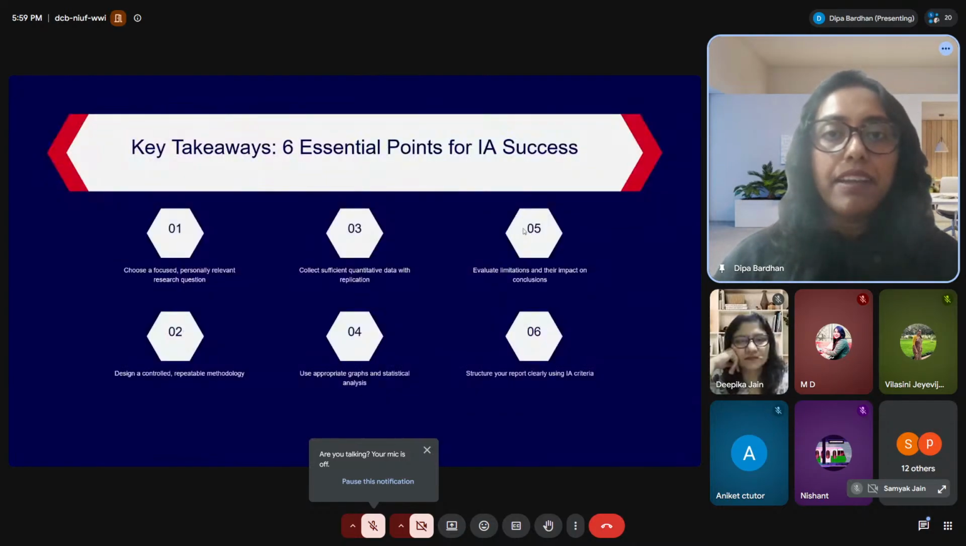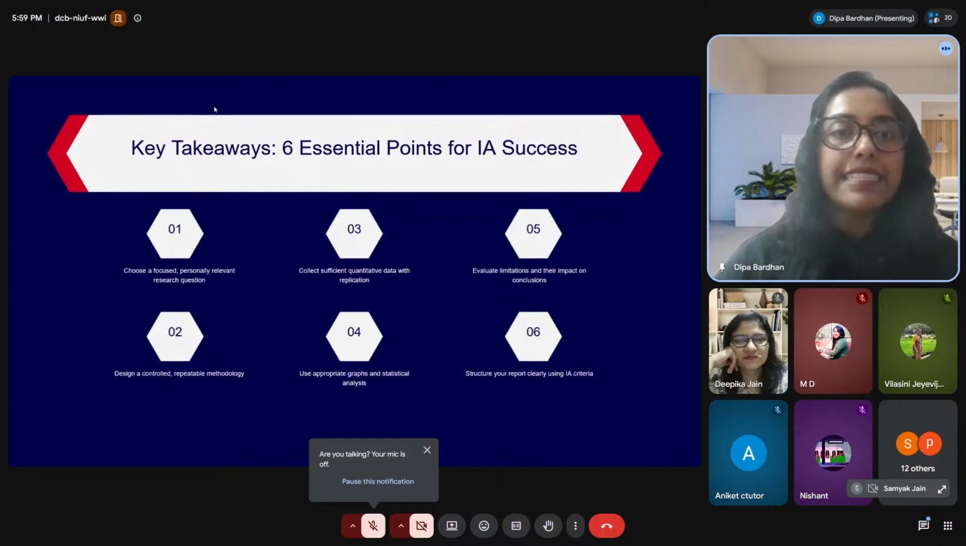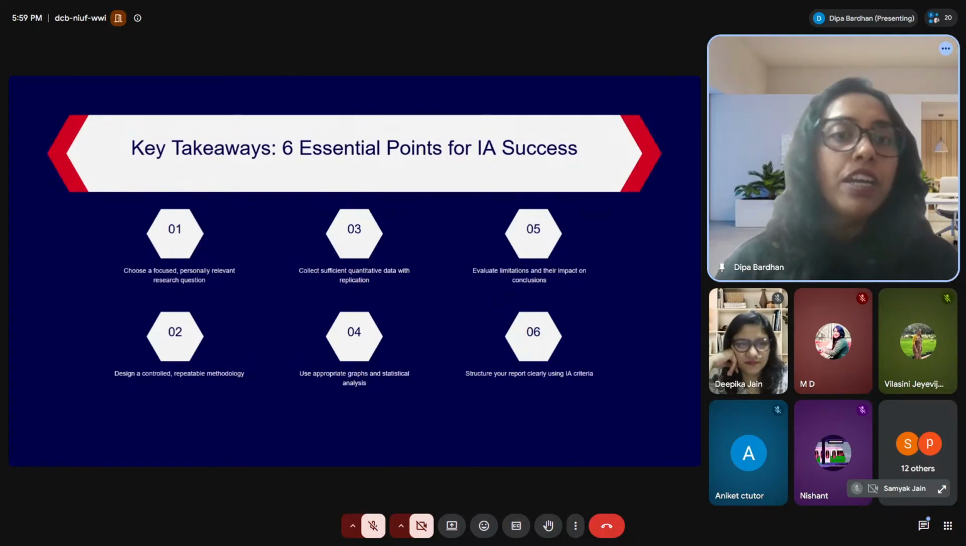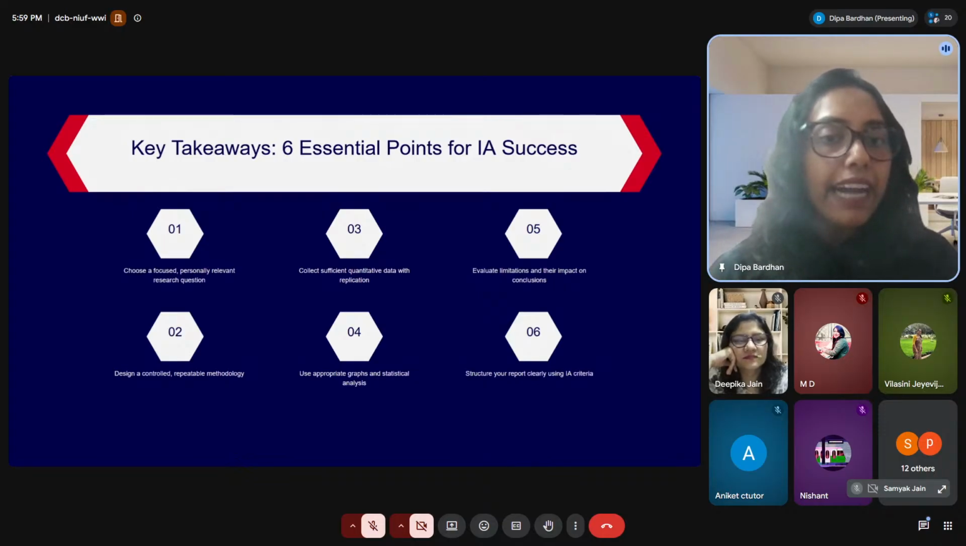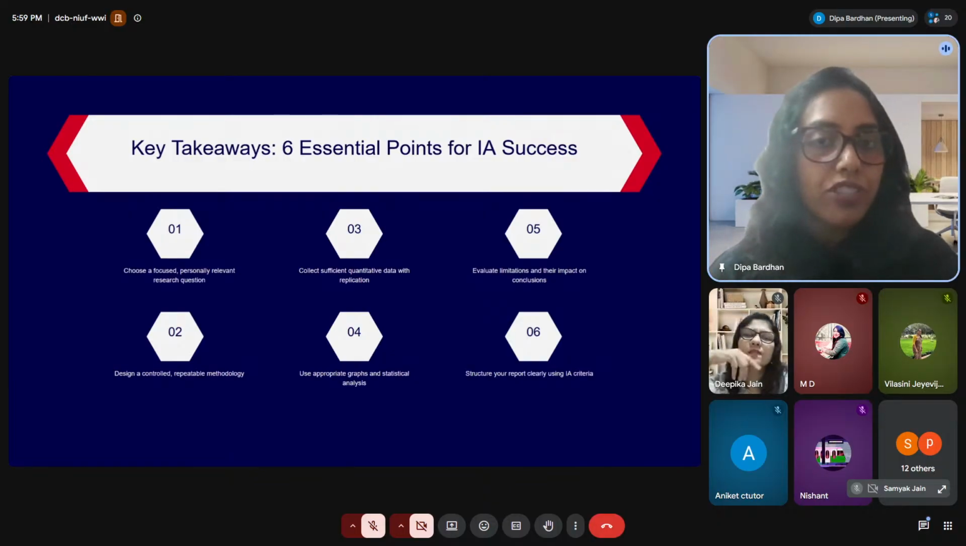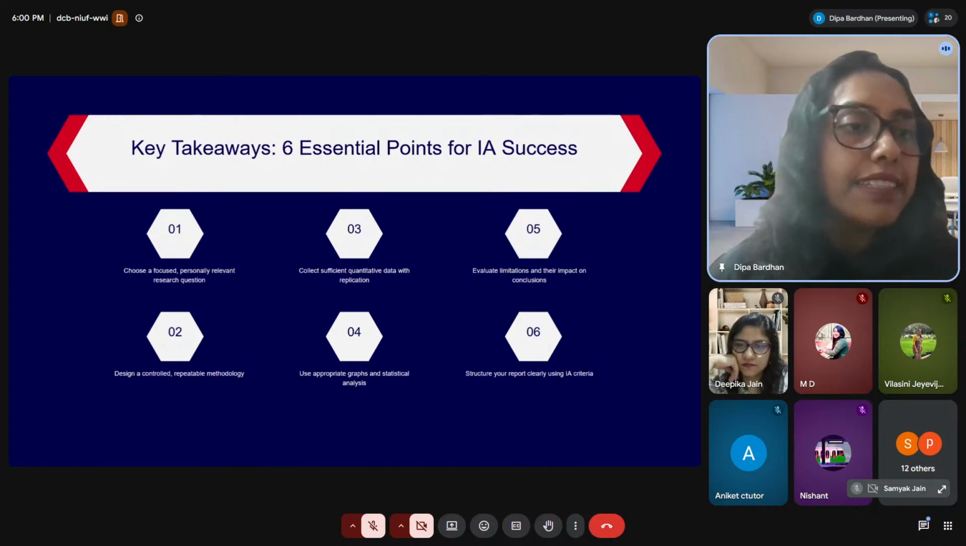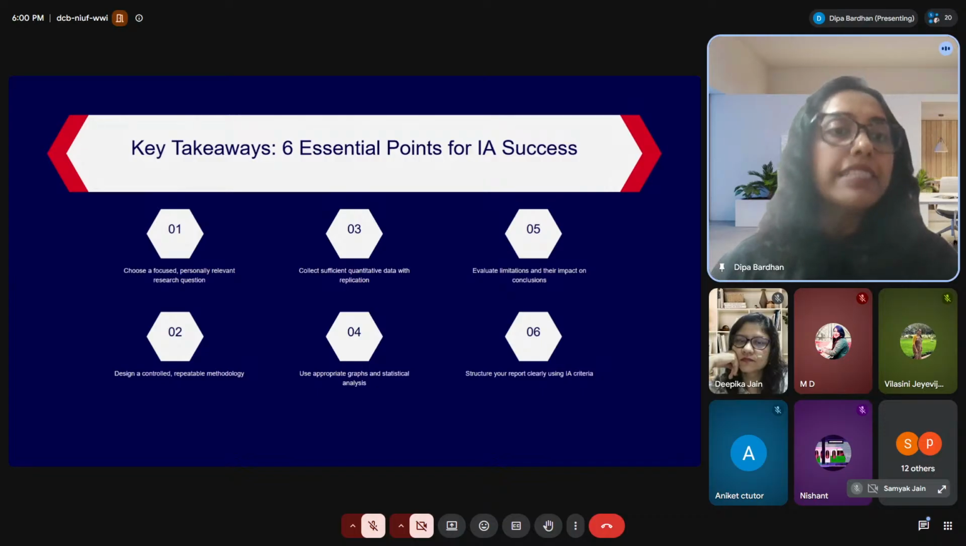And finally, these are the 6 essential points which can be your key takeaways from today's webinar. Choose a focused, personally relevant RQ. Design a controlled, repeatable methodology. The control is very important. Collect sufficient quantitative data with replicates, with trials. Use appropriate graphs and statistical analysis. Okay, it was not possible for me to include the statistical analysis in this 1 hour webinar, but IB in its